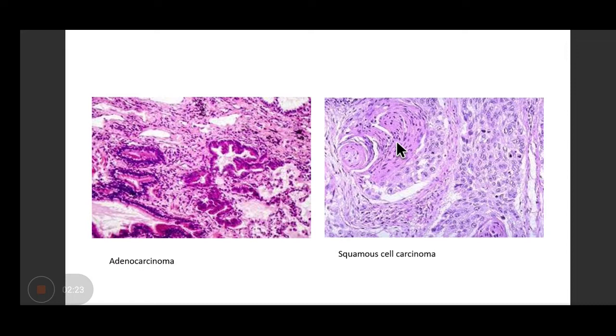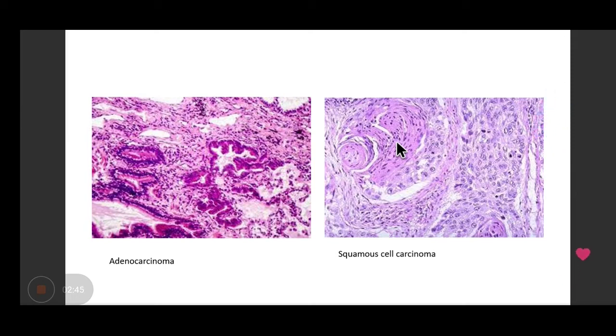So this is adenocarcinoma. Whereas in squamous cell carcinomas, what do you find? In squamous cell carcinomas, you'll find keratin pearls. There would be squamatization of the cells. So there would be intracellular as well as extracellular keratin, and keratin bridges would be there. Okay. So on microscopy, this is how you'll confirm the diagnosis.